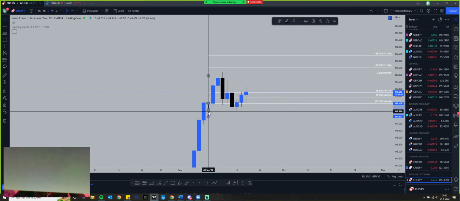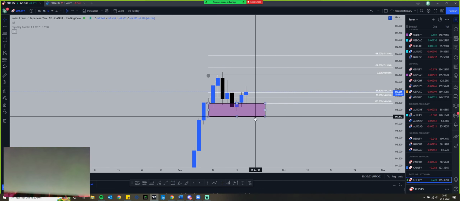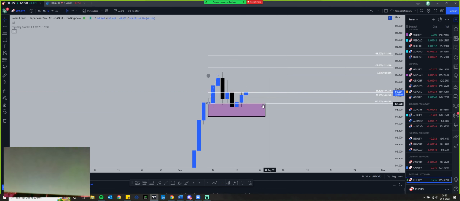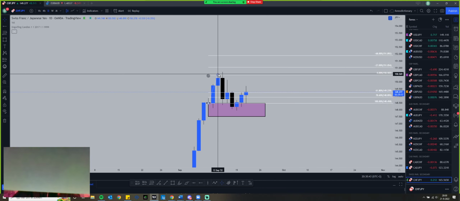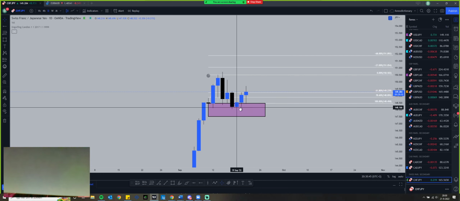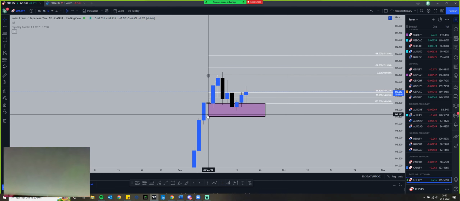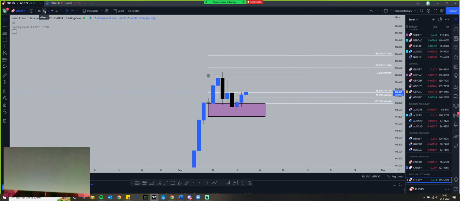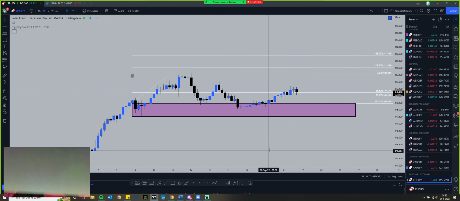So that means as long as I stay within this box, if I get an entry signal here, I'm fine to take a long with my strategy. I'm still fine because in this area is the liquidity that caused this impulse. So this liquidity can still be here. There can be an order block in here for all I care to make another push. If I then go